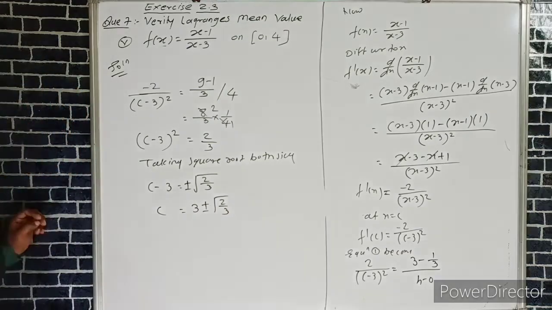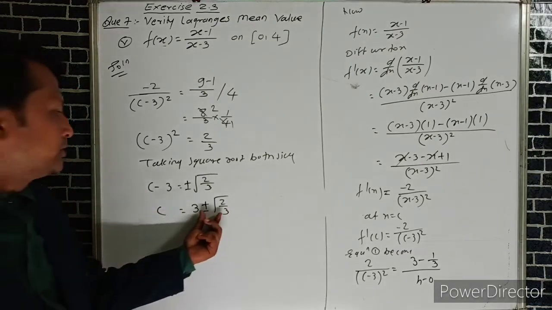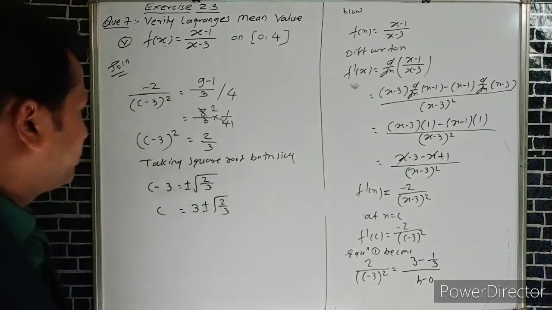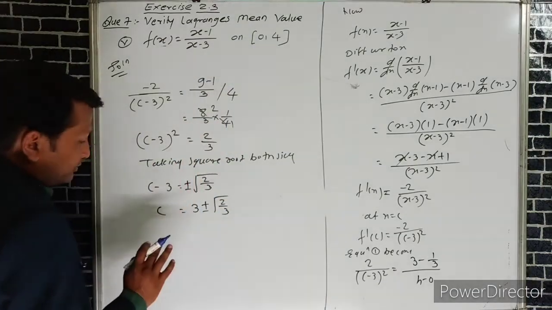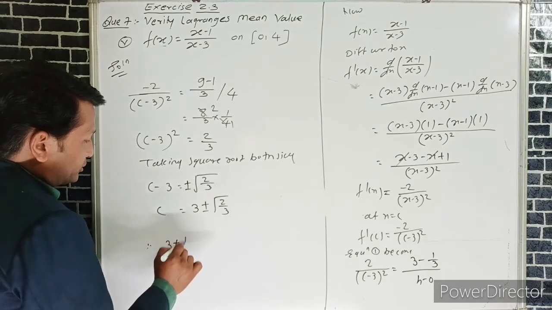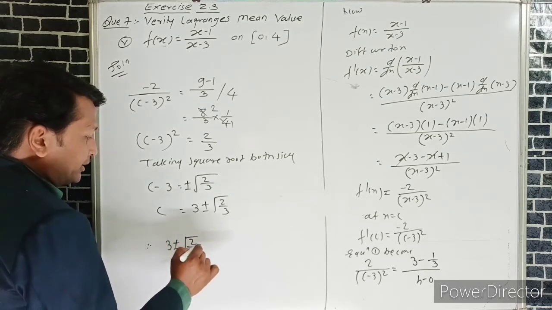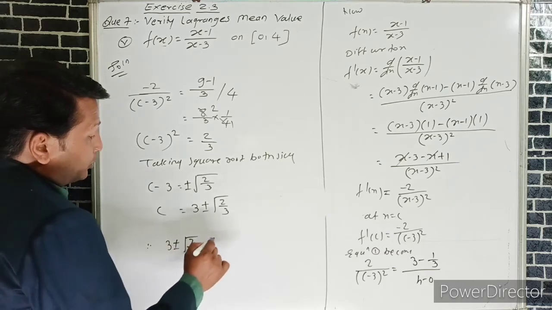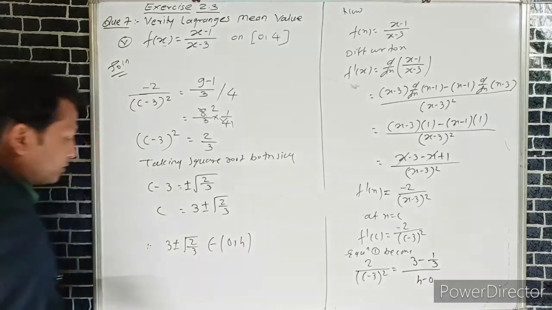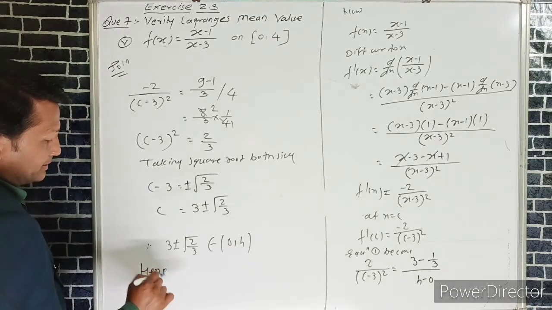The minus 3 becomes plus 3, so c equals 3 plus or minus under root of 2 by 3. Both values are greater than 0 and less than 4. Hence we can say that 3 plus or minus under root 2 by 3, both values belong to 0, 4. Hence we can say that